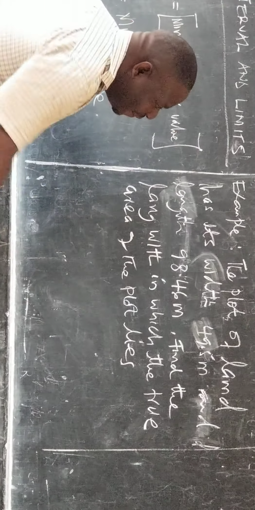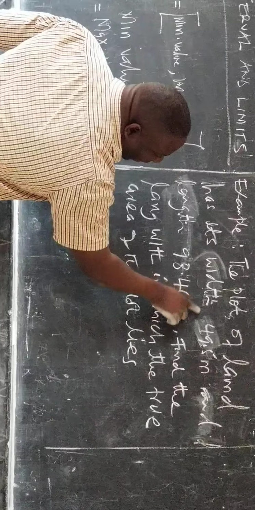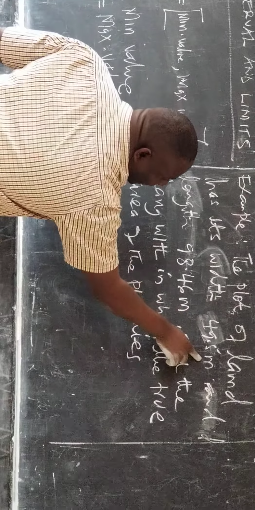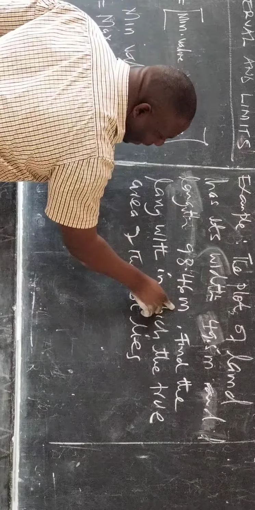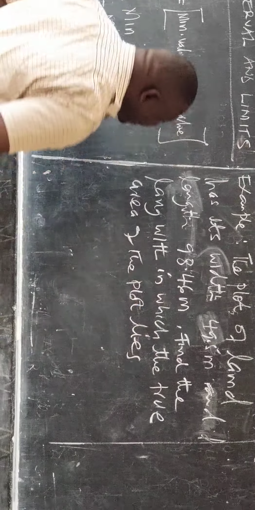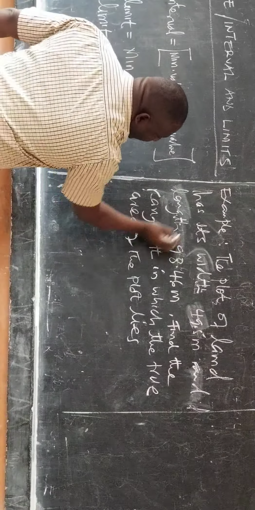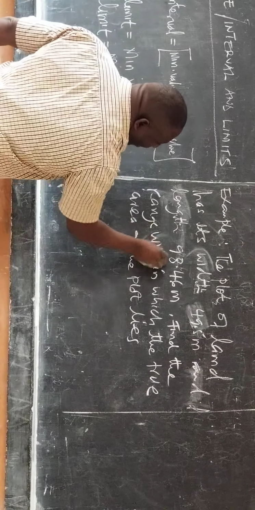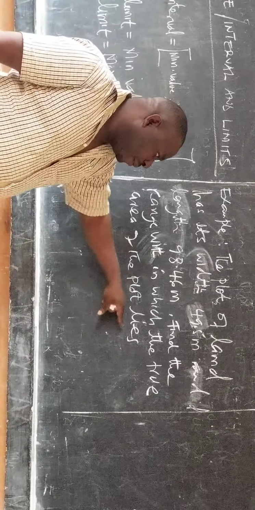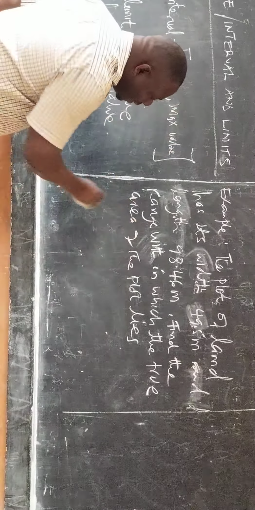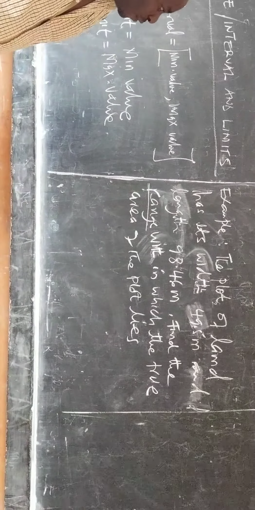Here we have a plot of land that has its width measured at 49.5 meters and its length 98.46 meters. They want us to find the range within which the true area of the plot lies. So when they want us to get the range or the interval within which the true area of the land is supposed to lie,